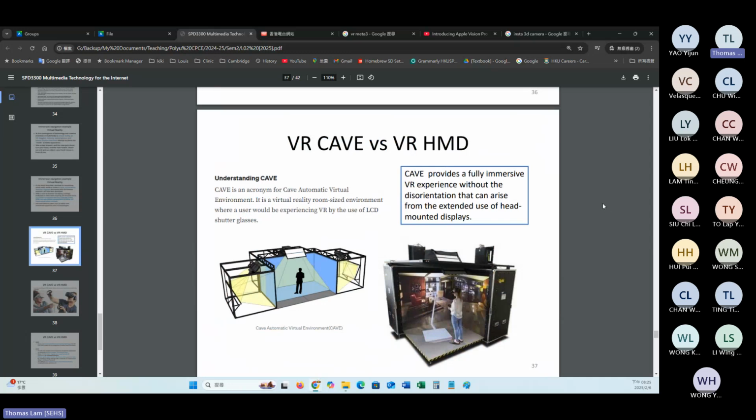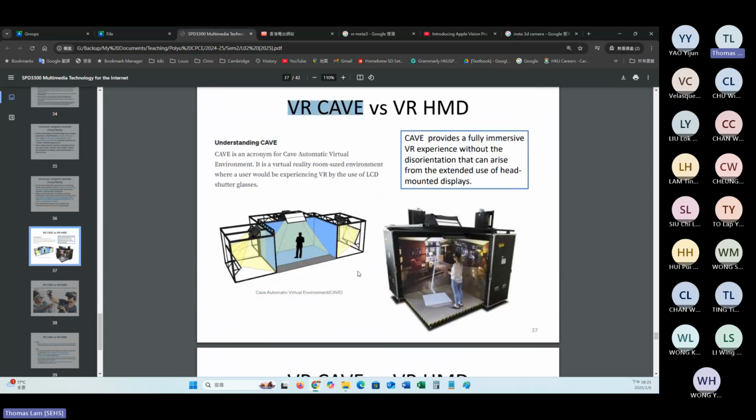If you compare both immersive solutions, VR cave is really expensive, and it occupies quite a lot of space, and it's not that convenient for an organization to set up unless the organization, like a university or government or hospital, has plenty of space.